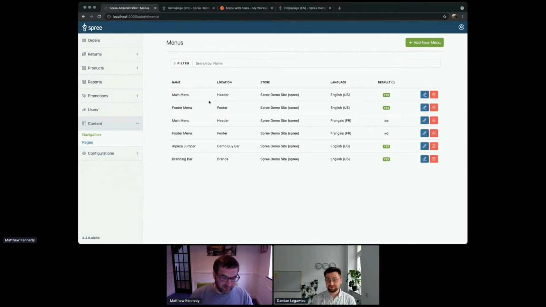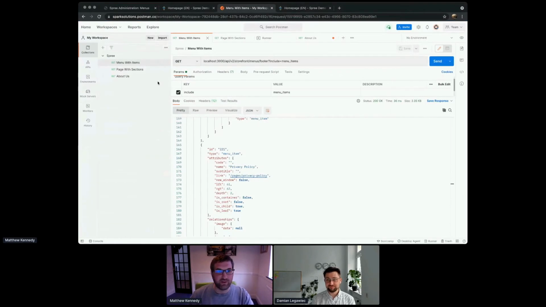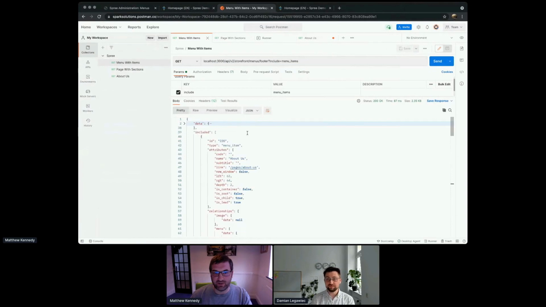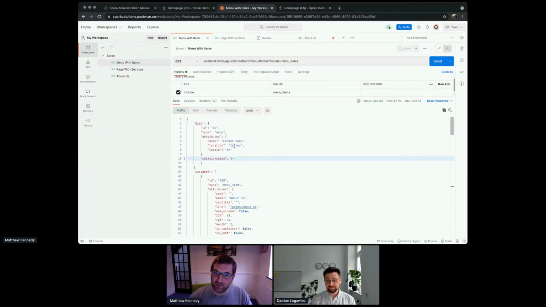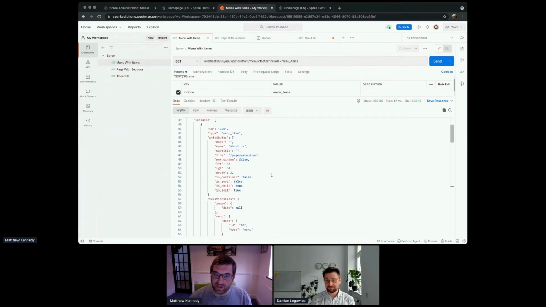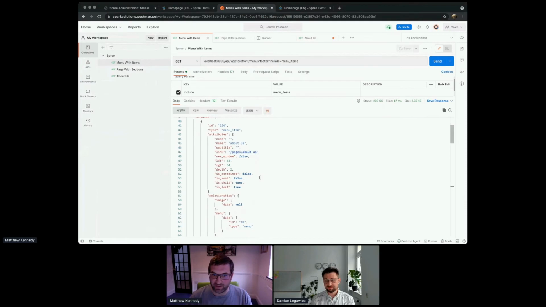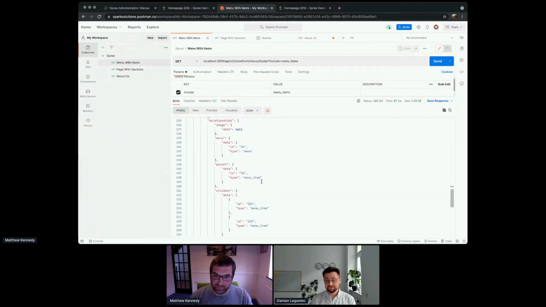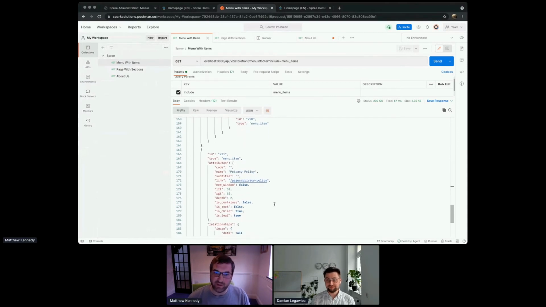And let's now take a look at what's available through the API for these. So here we are in Postman. Let's have a look at menus. So here we're looking at the footer menu through the API. So I've just sent a request and we've got back, let's have a look. We've got the includes. The attributes is the footer menu, location footer in English, and the includes are the menu items. So as you can see, we've got a link about us, and we have a link to the privacy policy down here, all accessible.